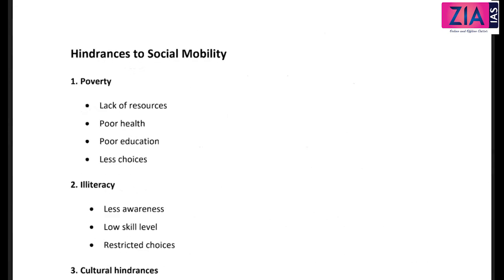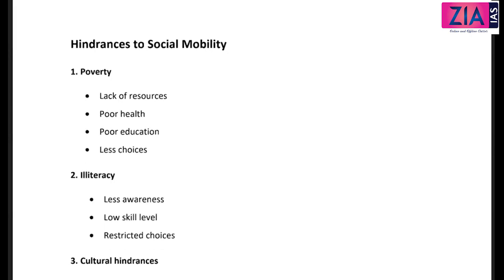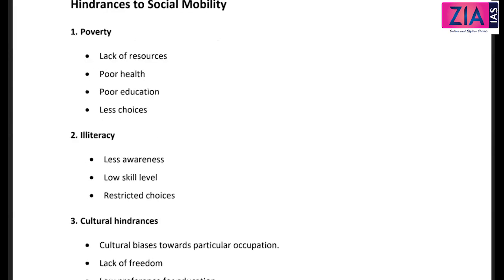Okay, now the next is hindrances. Now we have discussed what is mobility, what are the types of mobility, what are the choices, what are the avenues, what are the sources of mobility. We understood everything. All this education you can get, and you can get an occupation, you can do some good business, you can even marry. All these are the chances of mobility. But still, why are you not able to become rich, or not able to get into a big position? There are many other problems. Otherwise, everybody would have done that, right? Okay.